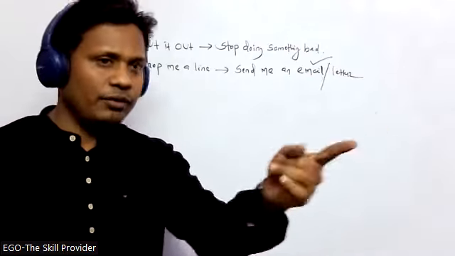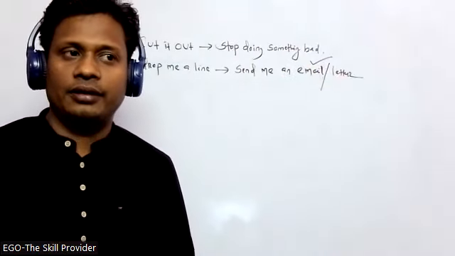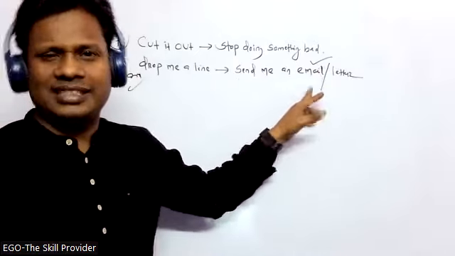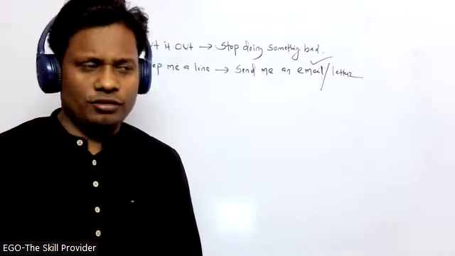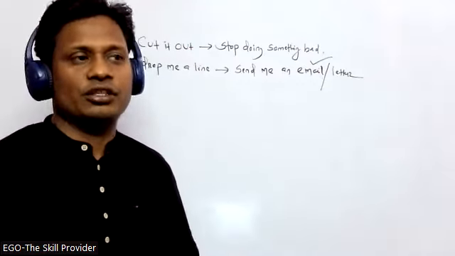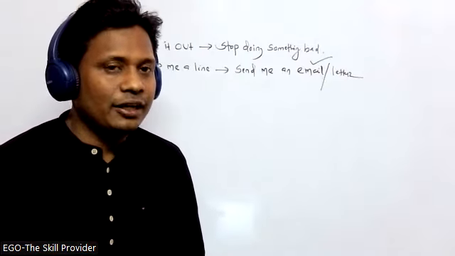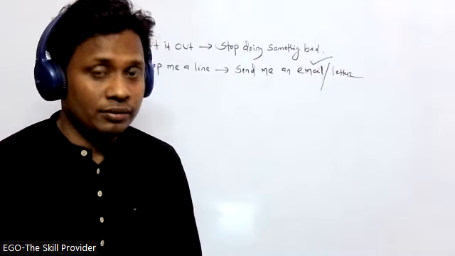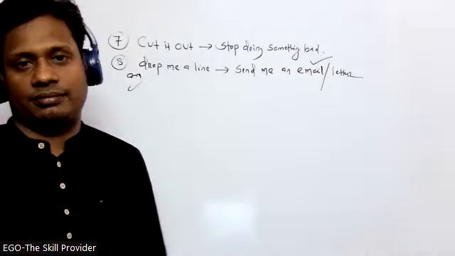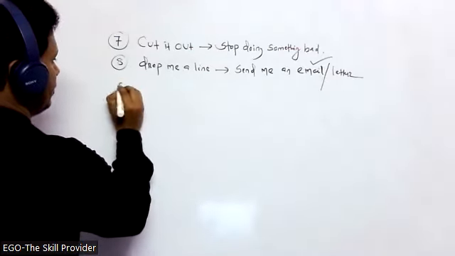The general managers, the TLs and GLs used to ask their employees, okay, have you completed? Those who have completed the things, please drop me a line. Drop me a line means send me an email. The same thing happens everywhere. If you are working in a banking sector and you have completed some task, or it is required that I need to write some things for you, you can say, can I drop a line for you, sir? Yes, of course, why not? Please drop me a line immediately. So drop me a line means send me an email. Like that. Okay. The next one, number 9.